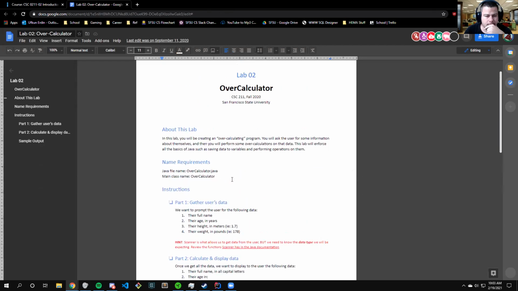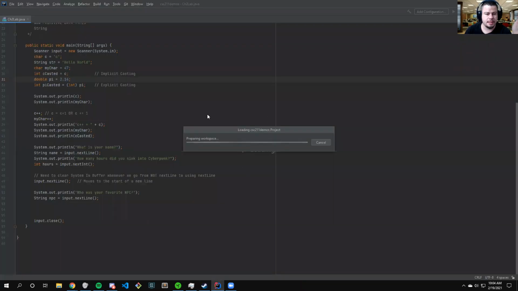So there is some confusion about how to submit. Sometimes I'll ask you for a zip, sometimes I'll ask you for a Java file. It really just depends. I'll go over at the end how to submit it. You just need to send me the .java file. So all you really do is